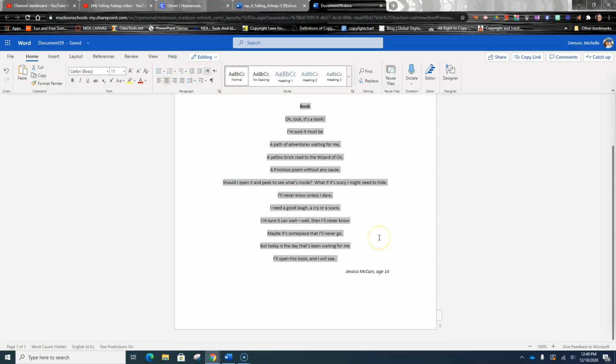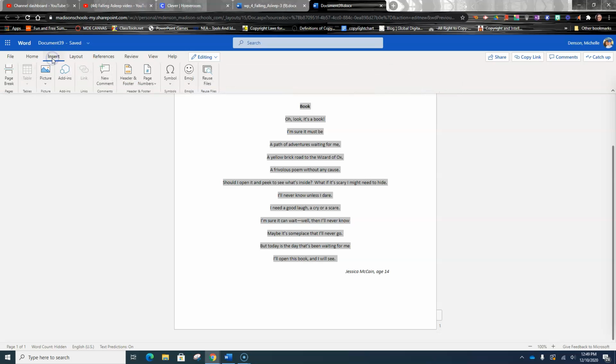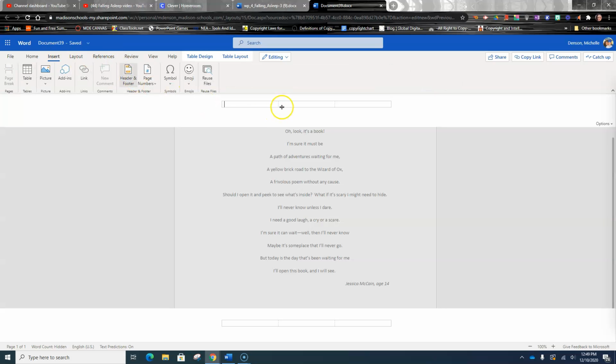After I have done this, I'm going to go into Insert. I'm going to go to Header Footer. Now this one does not give you as many options as the desktop version, but this is kind of like the 3-column version. So in this first section, we're going to write our name. The second section, we're going to put our block. And the third section, we're going to put the file name, which is book, underscore, my first initial, last name,